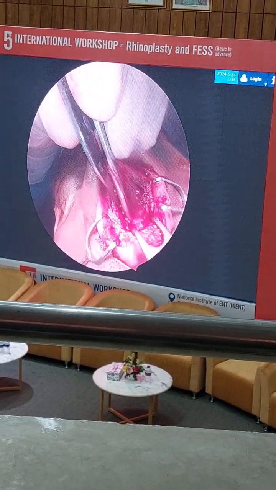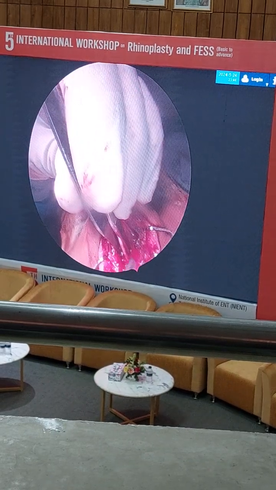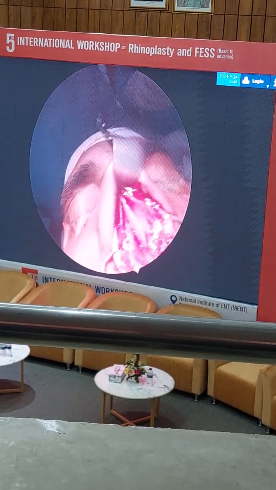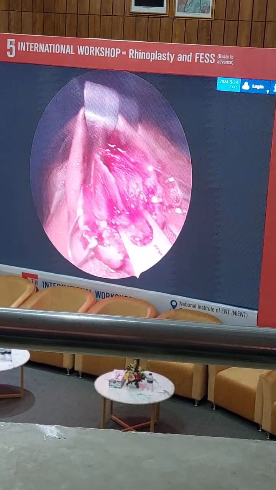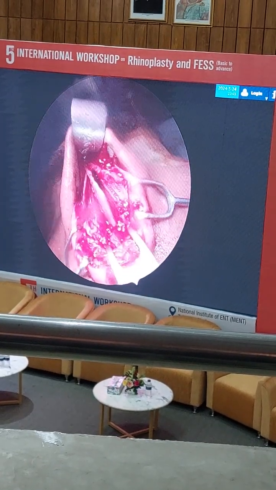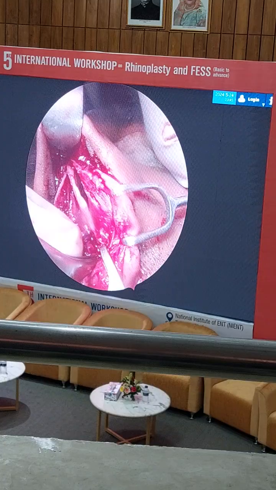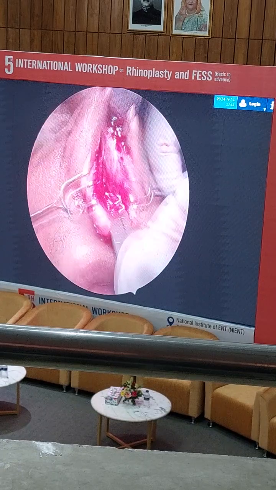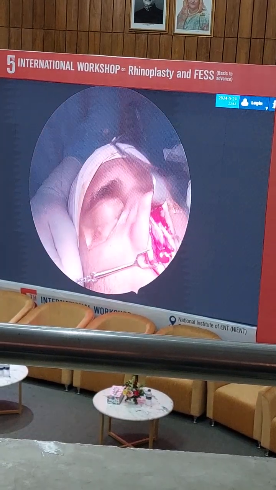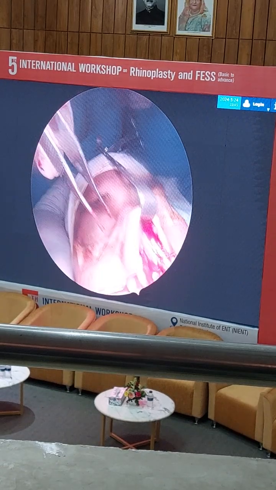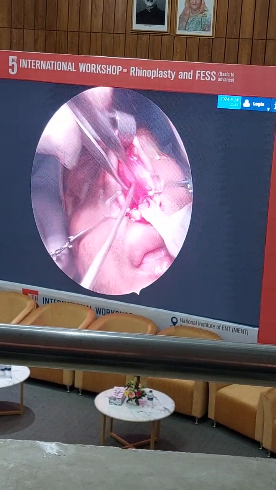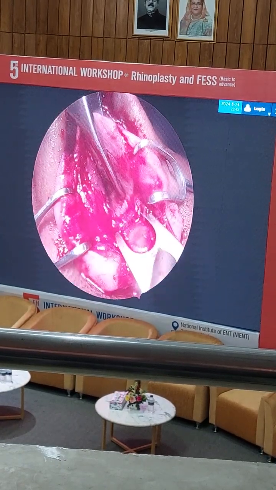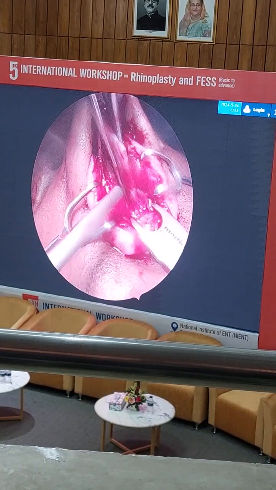Now, because the anterior caudal part of the septum is completely free, we refix it, reposition it with the anterior nasal spine in the midline. So 4 PDS suture. First we identify where exactly my anterior nasal spine is. This is my anterior nasal spine. I show you. Section, number 1 of you, do the section please. This is the anterior nasal spine. Earlier my septum was like this. Now we fix the septum in the midline.